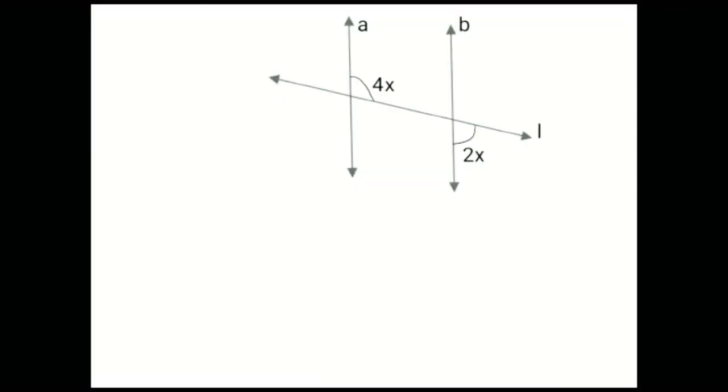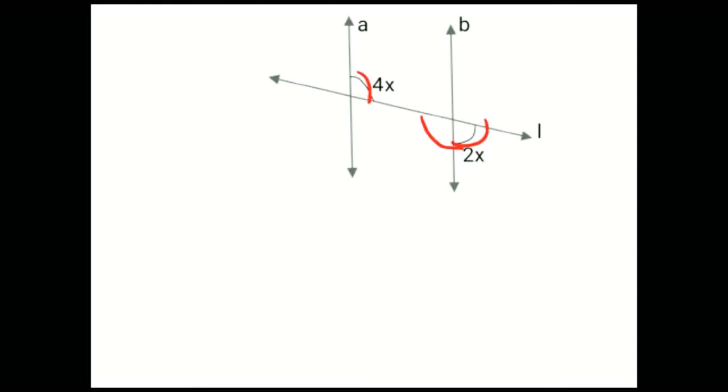Okay. Line L is a transversal. Line A is parallel to line B. On line A, angle 4x is there. If this is angle 4x, this also angle should be 4x because it is coming interior alternate angles. Interior alternate angles are congruent. You already studied on practice set 2.1 interior alternate angles. On line B, 2x is given. And this you have to take as 4x. Interior alternate angles are congruent, I told you just now.